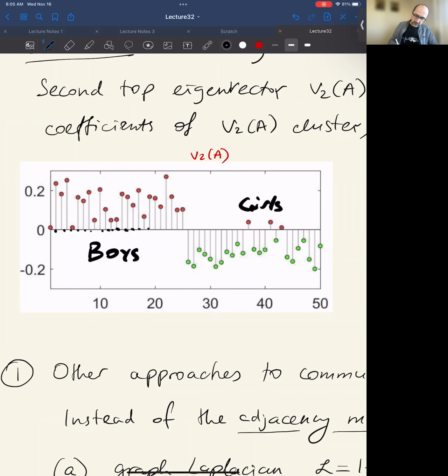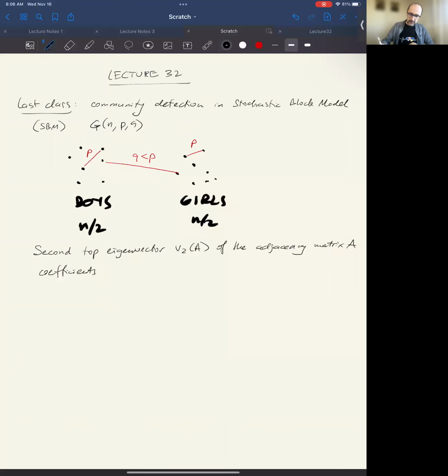So all these vertices with positive coefficients are boys, and the vertices with negative coefficients, let's say, are girls, or vice versa. We proved that if we look at the coefficients, they actually recover the communities